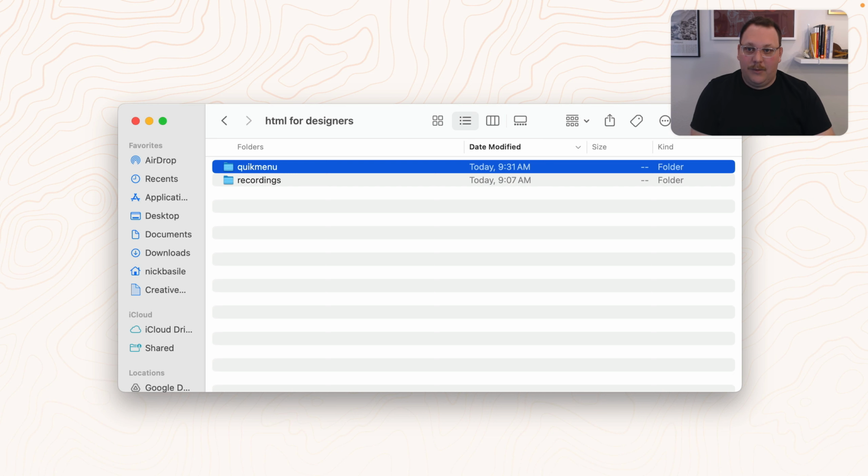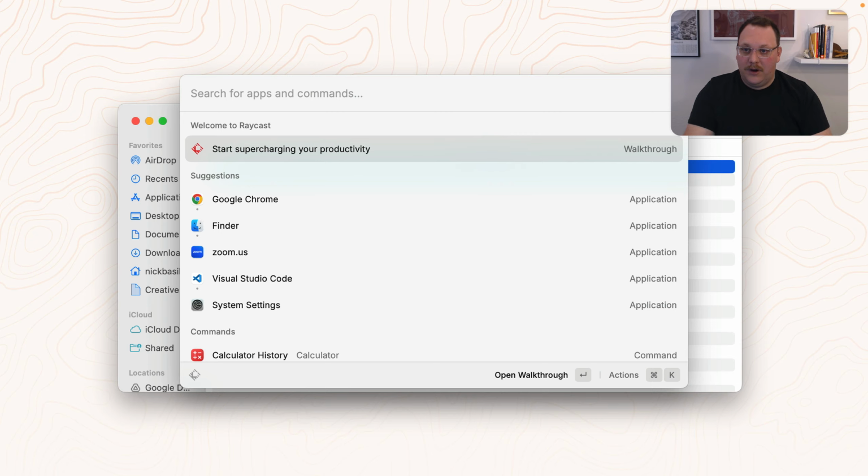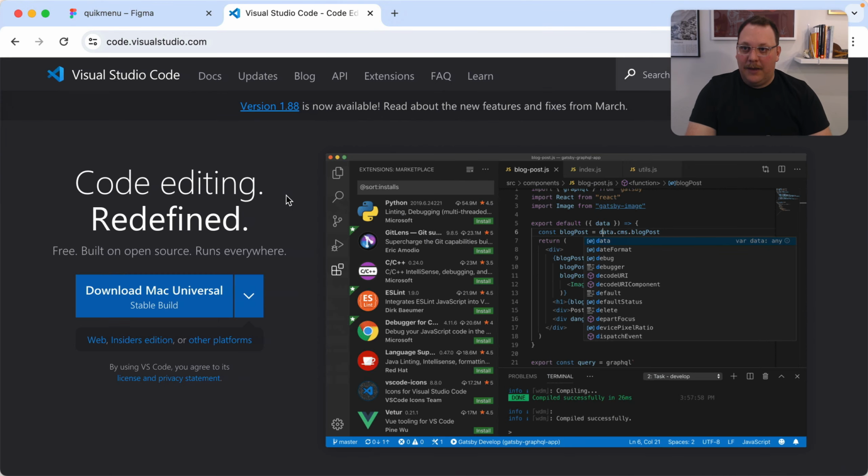Now, which IDE are we going to use? There's a whole lot out there. We're going to go ahead and we'll go to Chrome, and we're going to look at Visual Studio Code. So it's just code.visualstudio.com. This is created by Microsoft, or I should say managed by Microsoft. And it's a really, really solid IDE option. I think it's the most popular one out there today, and you're not going to go wrong with Visual Studio